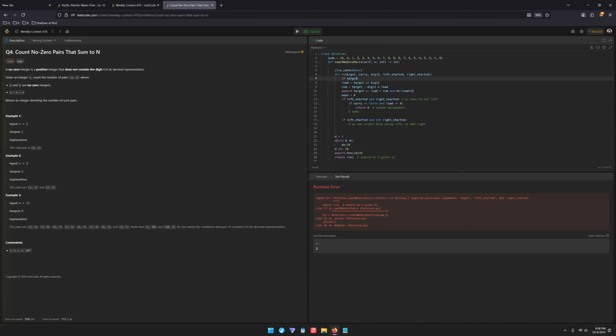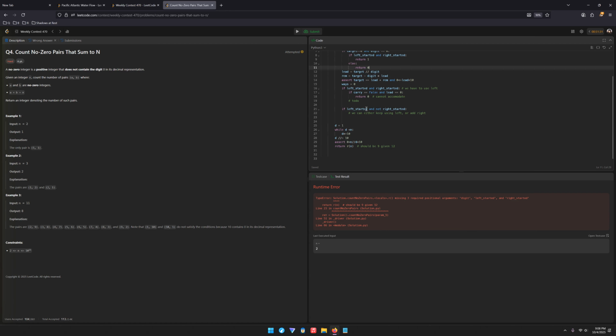If target equals 0 and digit equals 0, okay, if left started and right started, then return 1, I guess, because we're done. Otherwise, if we haven't started one of them, then return 0. So if left started and not right started, then we can either keep using left or add right. Exactly. So